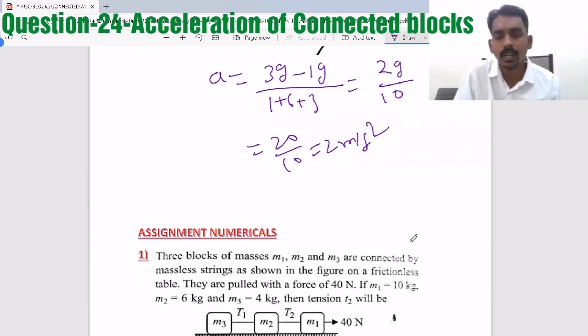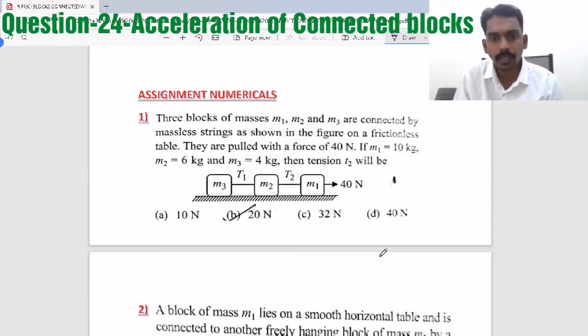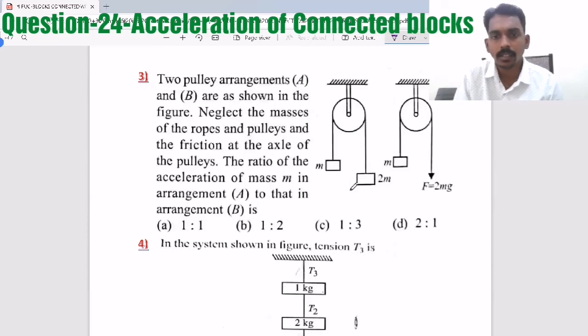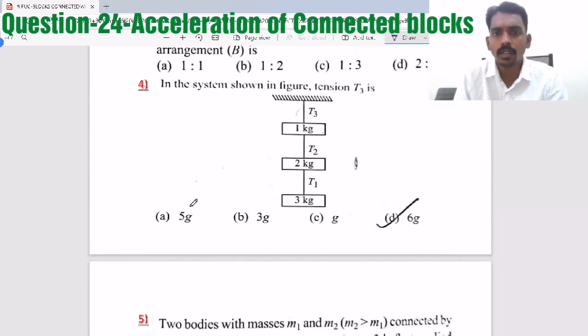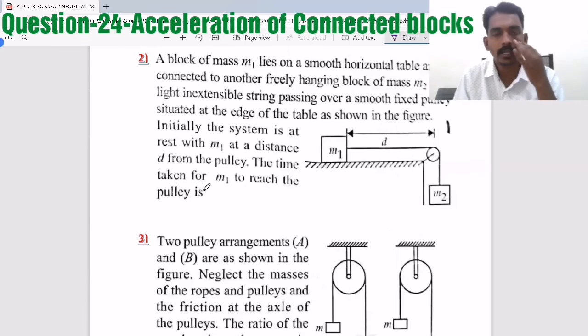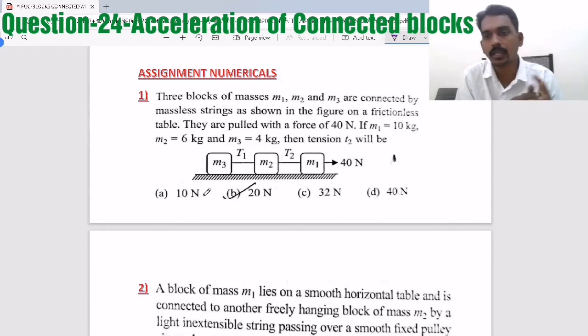Like that, they can ask questions based on vertically moving and horizontally moving bodies. But I did not take an example of vertical motion here. I have given it as an assignment example, see here. So please try to solve it. All these questions are about how to find the acceleration or tension in a string when bodies are connected with strings. So please try to solve each and every question. Once you practice all the questions that I explained, then try to solve these 5 questions, then you will get the idea.